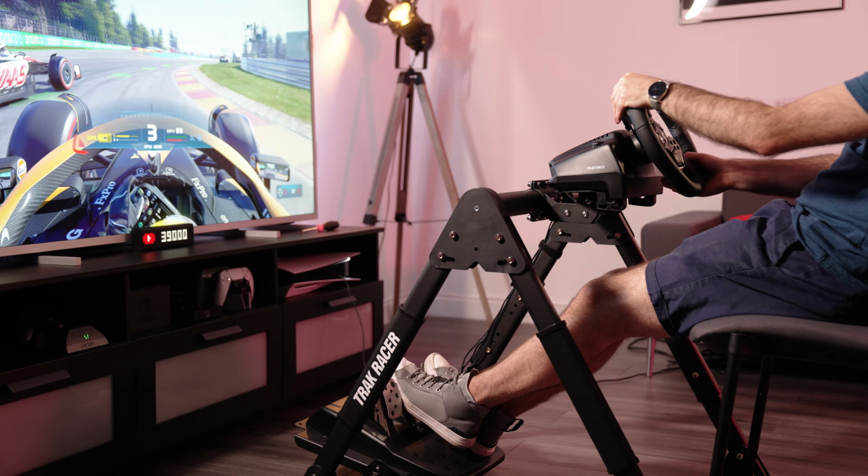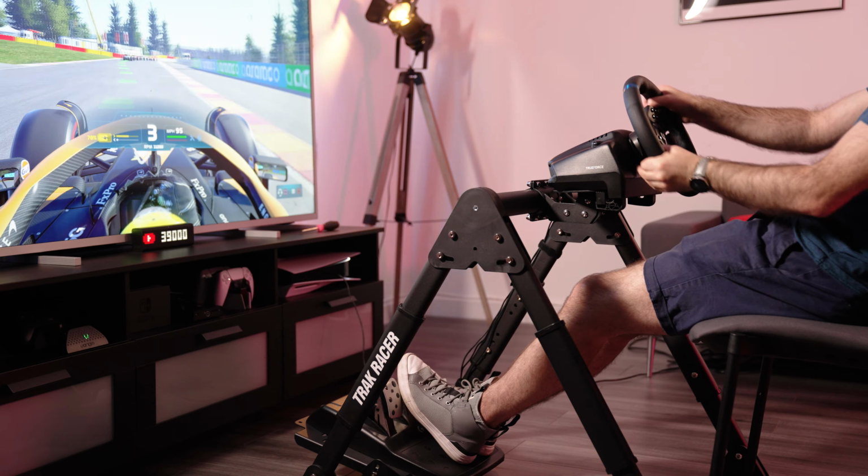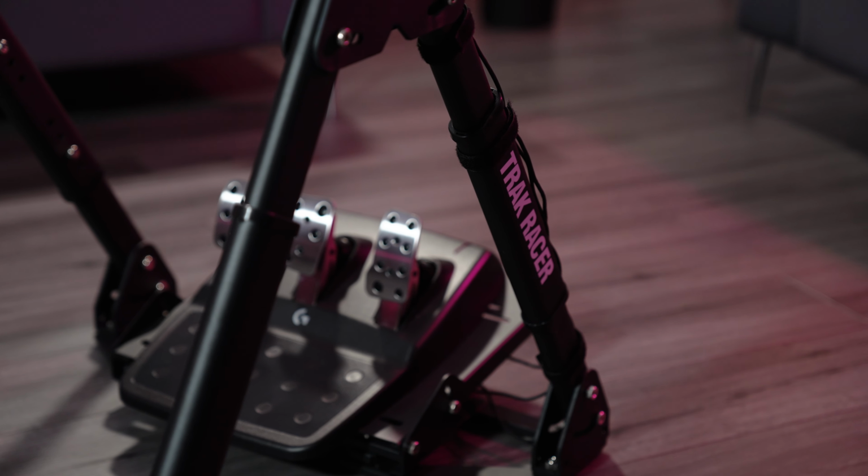There are cheaper options out there, but I sincerely doubt they'll be as robust and long-lasting as the FS3. I have read a number of horror stories of people picking up sub $100 wheel stands on Amazon that quite literally fall apart after only a few uses, so putting a little bit more dough behind one is probably a good idea. If you've been eyeing up the Trak Racer FS3 and have been hesitant to pull the trigger,